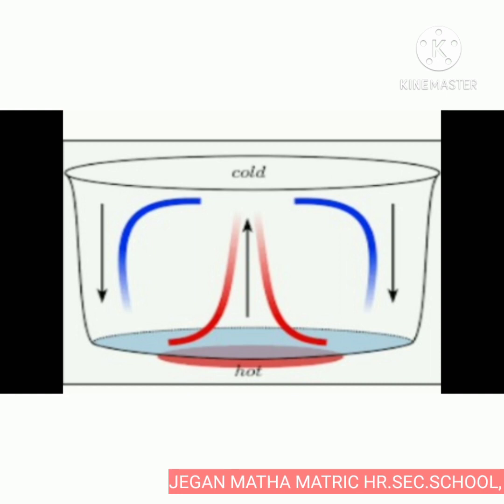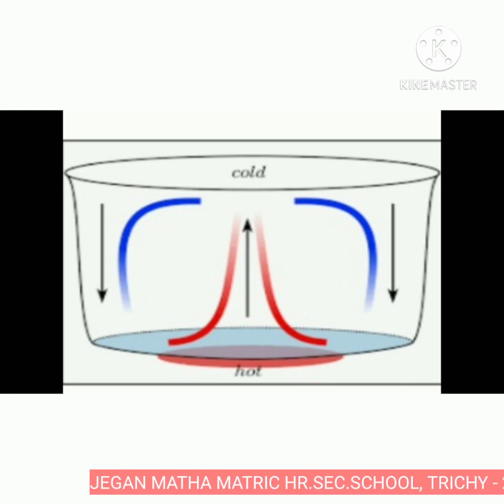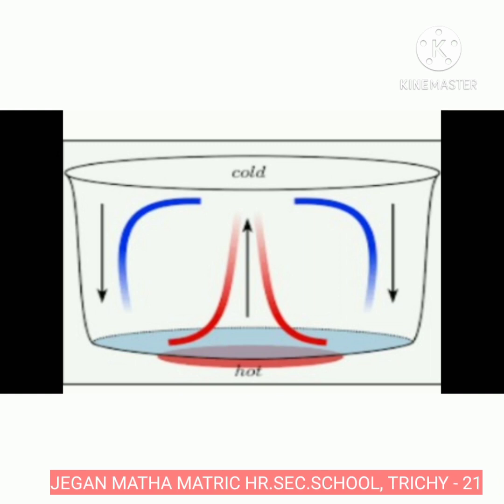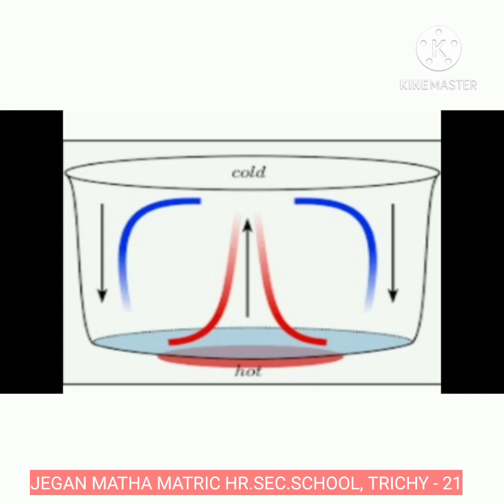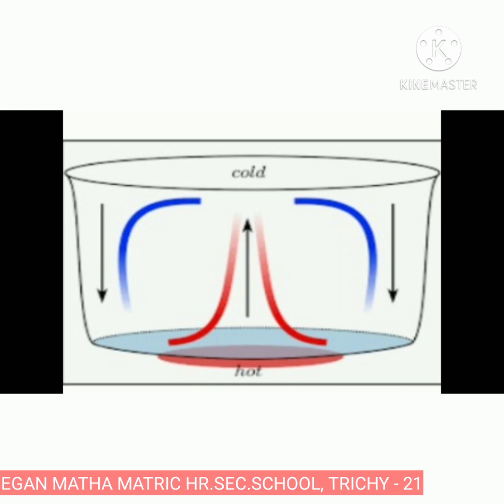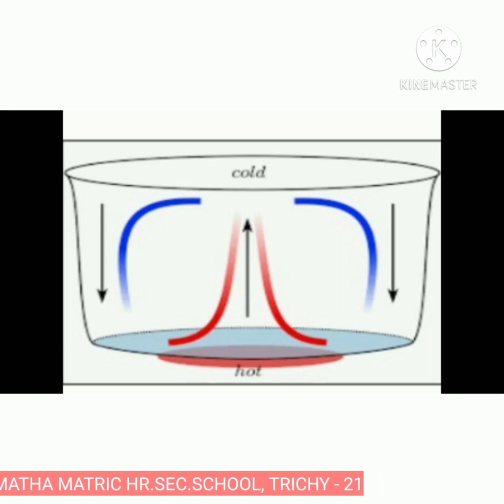Take some water in a vessel and heat it on a stove. Touch the surface of the water. It will be cold. Touch it after some time. It will be hot now. How did the heat which was supplied at the bottom reach the top? When water in the vessel is heated, water molecules at the bottom receive heat energy and move upward. Then the molecules at the top come down and get heated. This kind of heat transfer is known as convection.